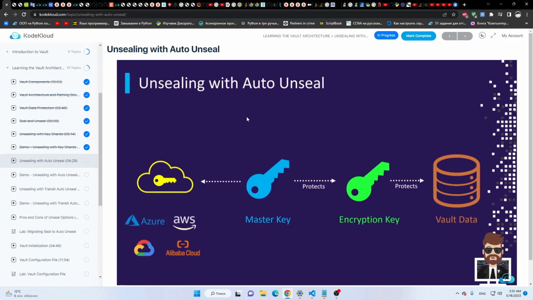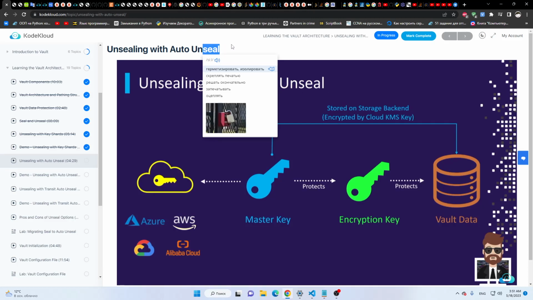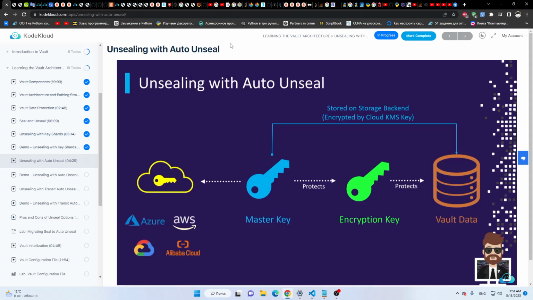They all have key management services that we can go into. We can create a key and say, hey Vault, I want to use this key on this public cloud platform in order to encrypt and decrypt my master key. Now, what happens is the master key, in this case, actually gets stored on the storage backend. We talked about that before under core master, but it is encrypted by our cloud KMS key. So if we go into Azure and we create a key in key